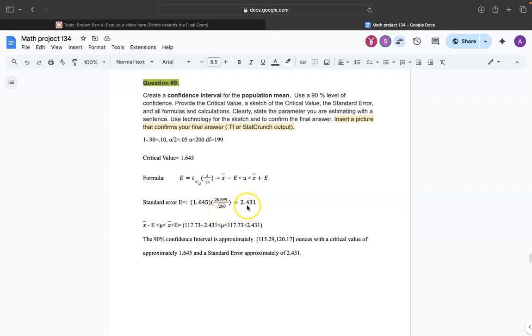And that's going to give us 2.431. As for our confidence interval, it's going to be x bar minus E less than mu less than x bar plus E. And that's going to give us 117.73 minus 2.431 less than mu less than 117.73 plus 2.431. This is going to give us a confidence interval of approximately 115.29, 120.17 ounces, with a critical value of approximately 1.645